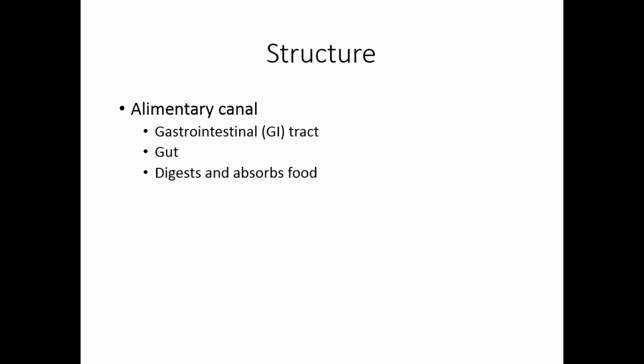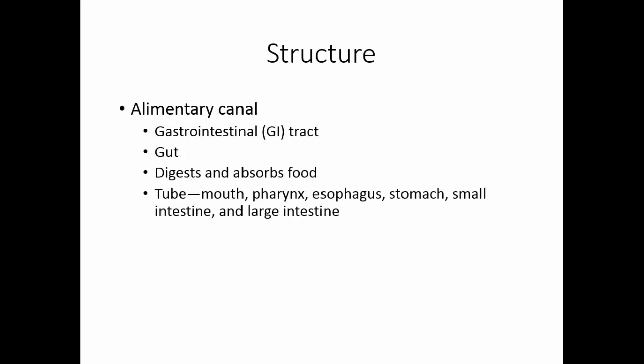The digestive system allows us to take in and absorb nutrients. The major structure of the digestive system is the alimentary canal. This is also known as the gastrointestinal tract or the GI tract, and even known as the gut. The alimentary canal digests and absorbs food, and it is basically one long tube: mouth, pharynx, esophagus, stomach, small intestine,